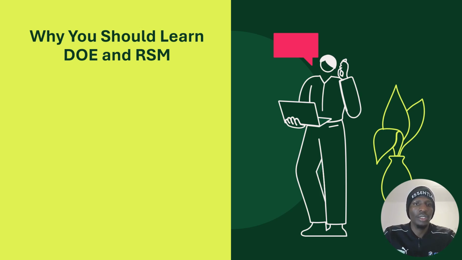Why should you learn DOE? Why the concept of response surface methodology? See, in research or in experimentation, conducting experiments by changing one factor at a time while keeping others constant is a common practice. This is often called the one factor at a time approach. In this approach, it's always very simple and anyone can do it, but it has a huge price which you have to pay for varying one factor at a time while keeping